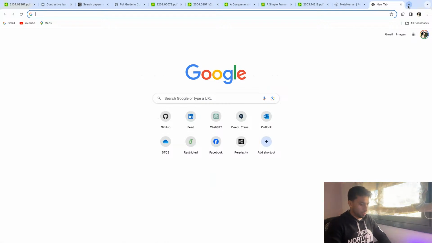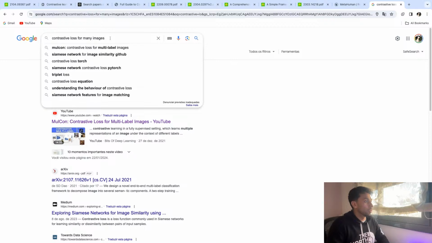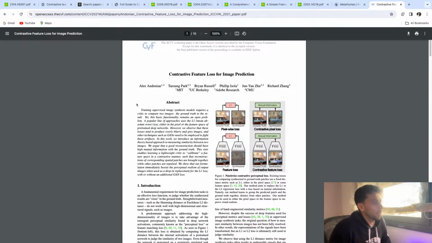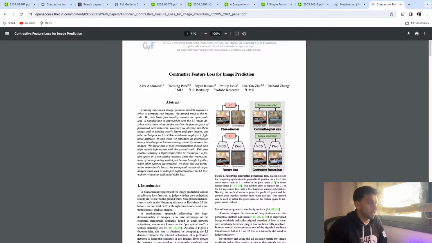So first thing, what is contrastive loss? Here we can find many sites. Contrastive loss, from my point of view and from some lectures that I was reading, is basically when you have one image, you use some pre-trained model to get the features or the representation of that image